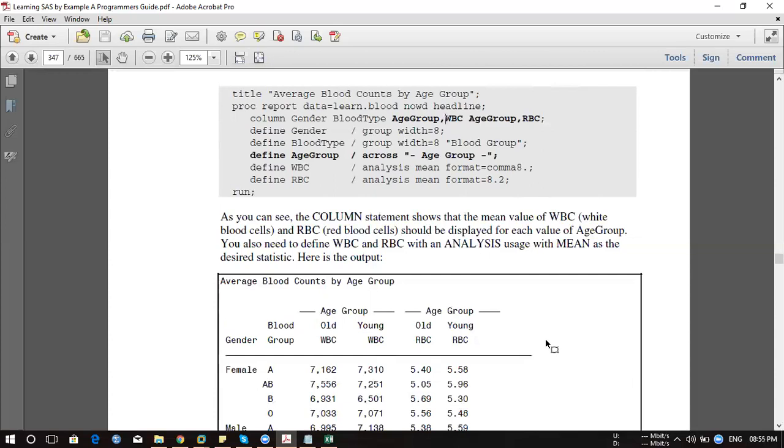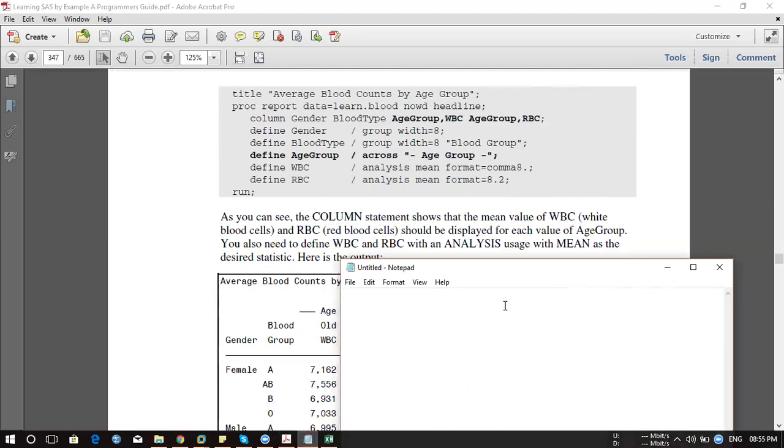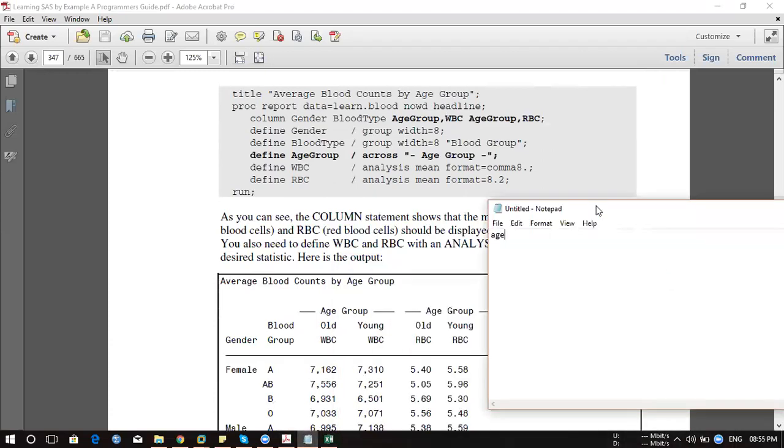No, no, no, one minute, I think I skipped. I have a query first of all. I understood age group WBC, but why is age group written after WBC? WBC after age group. Yes, because see, you have two types of blood counts, correct? WBC and RBC. Now in age group you have two types of group again. So I wanted to look at it based on your age groups. So for WBC I'm creating a separate column.